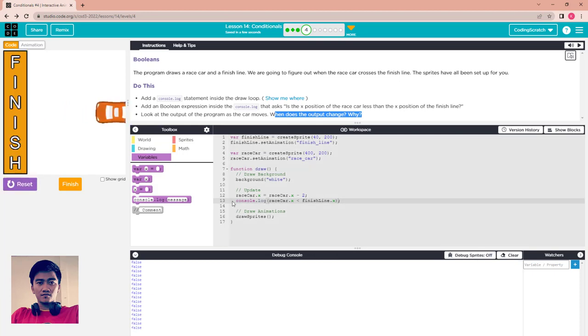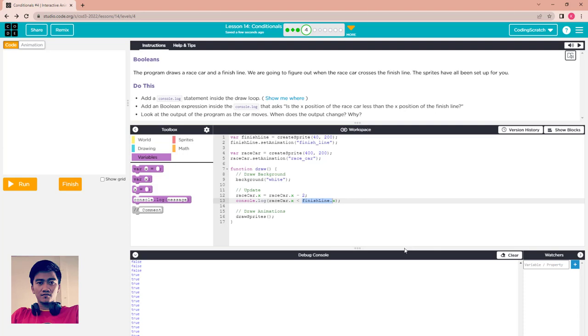The output will change when this Boolean expression is true. When it's true, this value turns to true. The first time you run the program, race car.x is not less than finish line.x, and you can keep tracking the values of race car.x and finish line.x inside the watchers here. You can type race car dot x and finish line dot x, and try to run again